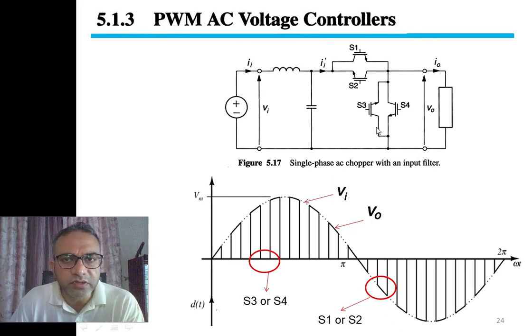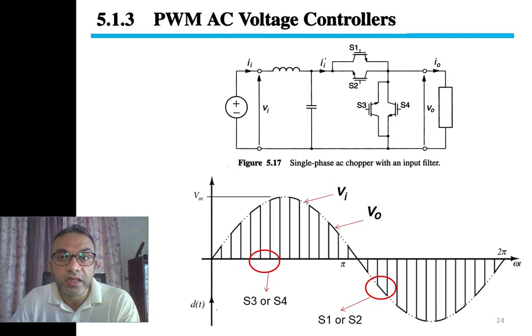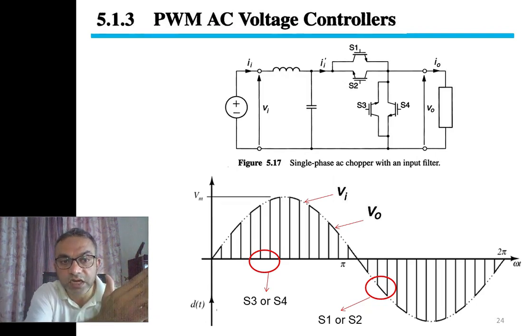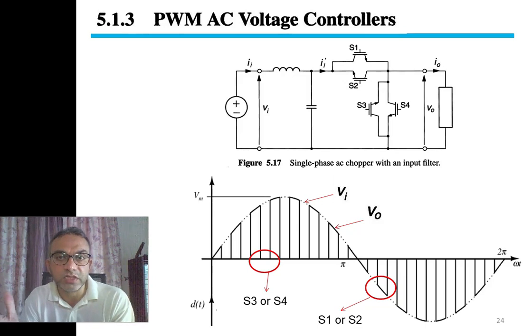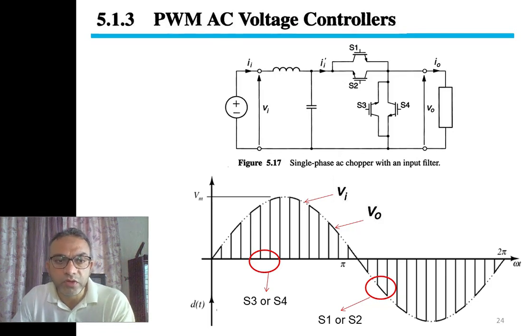It is better that we turn on both S3 and S4 because current, while crossing zero volt, will trail, and hence before the zero crossing it will be positive, and after the zero crossing it will be negative. So if we keep S3, S4 on at the same time, it doesn't matter if current is lagging or leading. So we don't have to sense the current to turn on S3 and S4. We simply turn both of them on when we want to have 0 volts.